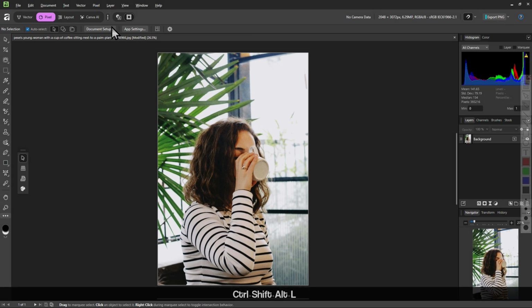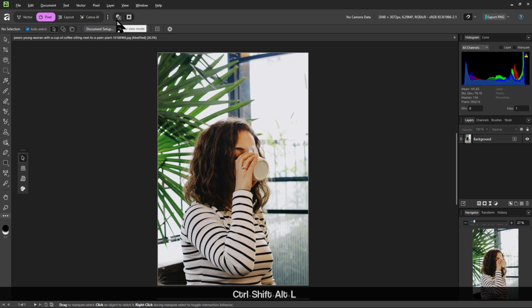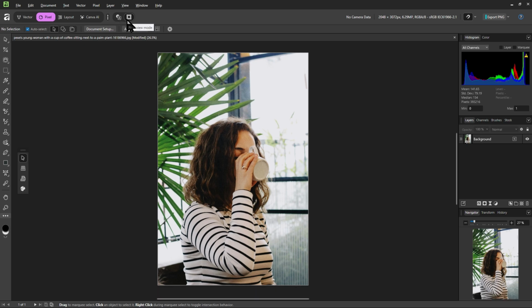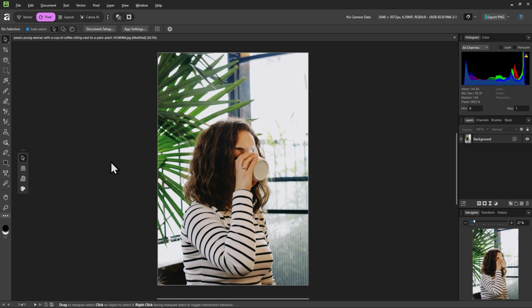And then let's look at these 2 options. This is Vector View Mode and Pixel View Mode. Since we are in the Pixel Studio, we will be using Pixel View Mode, so just make sure that is highlighted. Now, you might love to work on this image already, but we're actually going to do that in the next video. For now, I just want to make sure we are on the same page starting off this course.